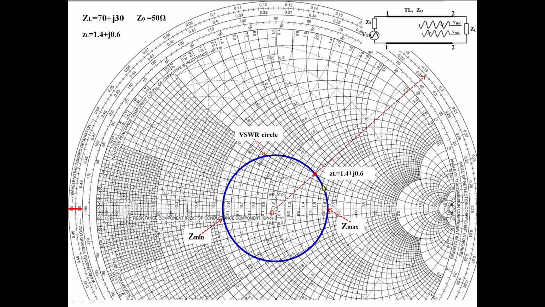That you can easily come to know. Any distance you see, for example, I am here. At what distance am I from the load? See, this is the load point. I will be traveling like this, in the clockwise direction. That is nothing but moving on a transmission line. I moved some distance and now I stopped here. What distance did I travel from here to here? That you can easily find out from the Smith chart. At any point we can stop. For example, I am stopping here on this circle on the Smith chart. What is the distance from here to here? You can easily find that out from the Smith chart. For that, there is a scale on the Smith chart.